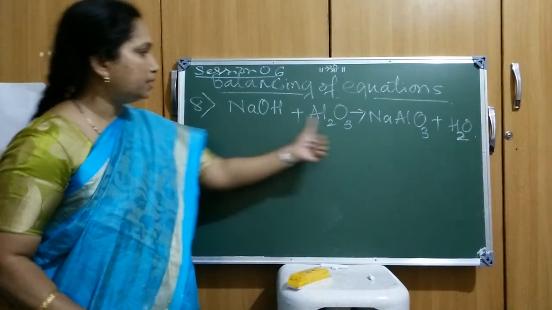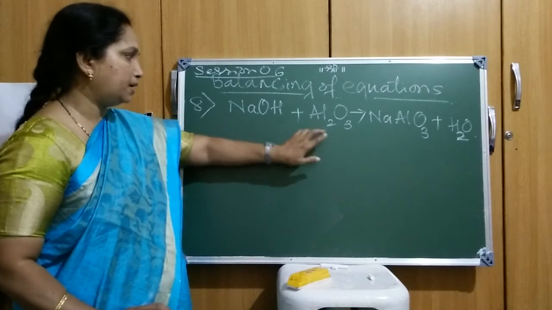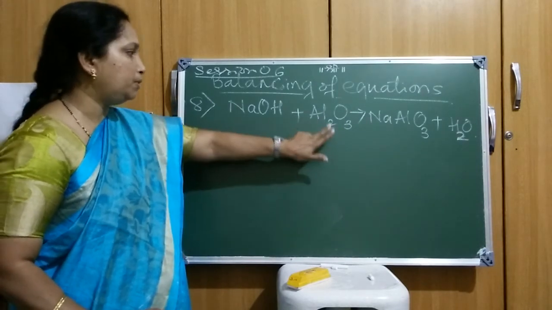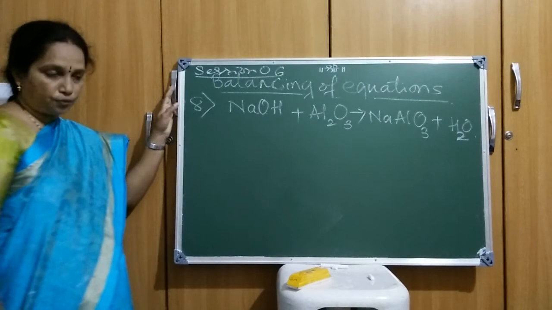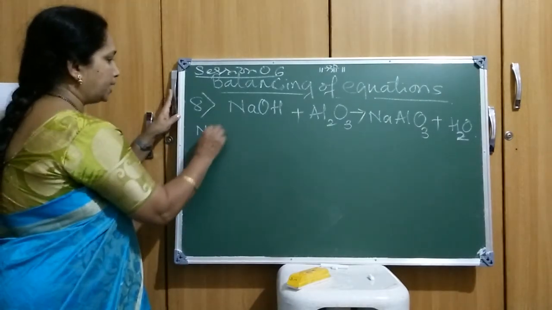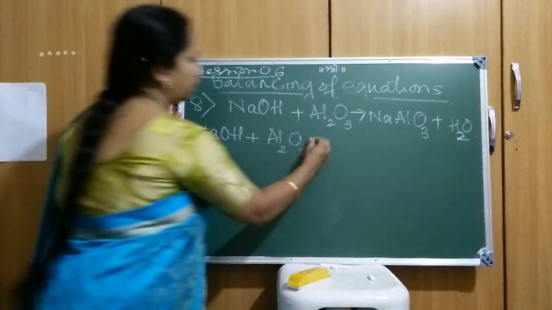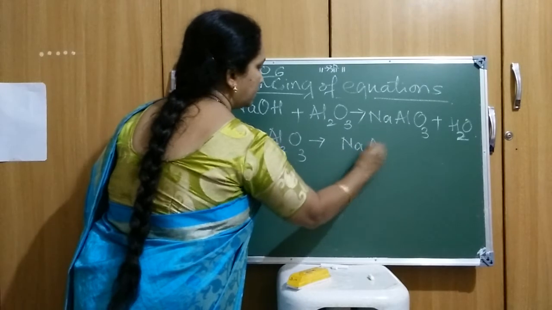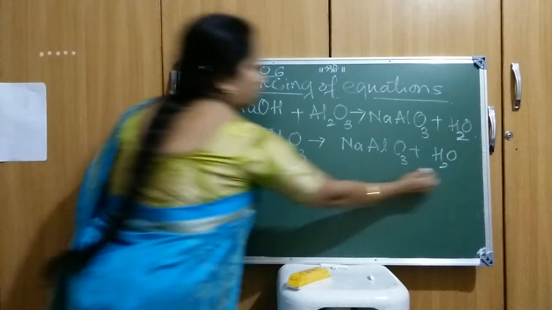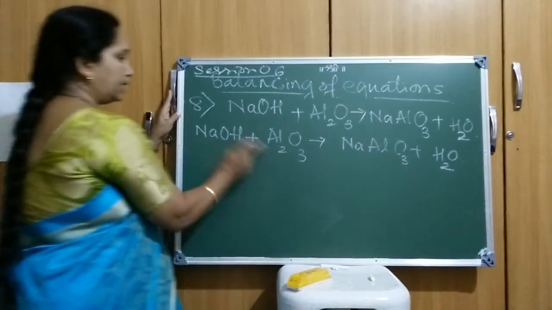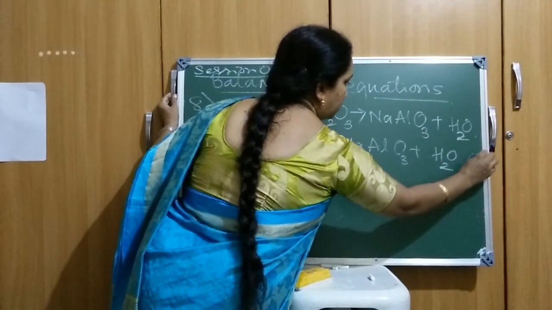If you observe here in this equation, you can go for even the oxygen also. Instead of that one, aluminium if you see, right? So left hand side there is no change in the aluminium. Aluminium as it is 2 over here, it is only 1 over here. So it is better, I find that, first you will balance the aluminium. So I'll write down the equation. Sodium hydroxide, Al2O3 gives NaAlO3 and H2O. Okay. So as it is aluminium, only one is there, here 2 is there, I'll write down here 2. This is the first step where I have balanced the aluminium.